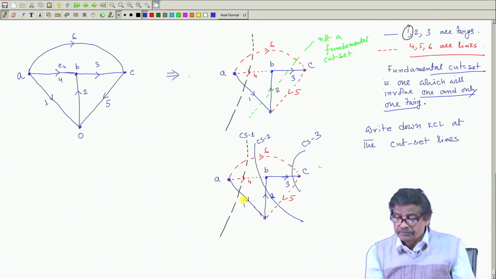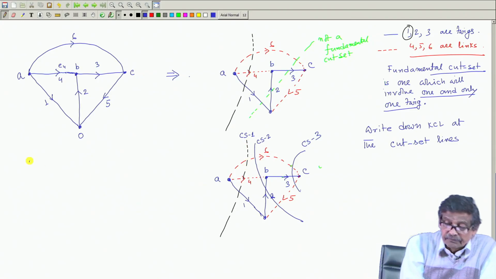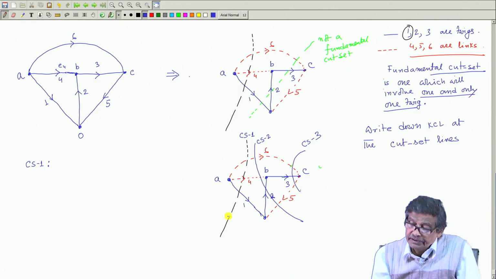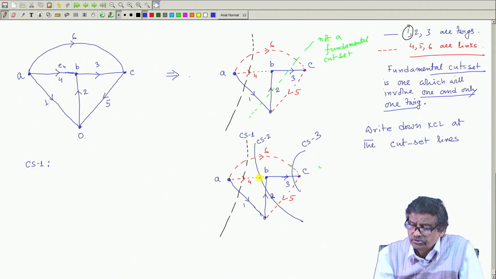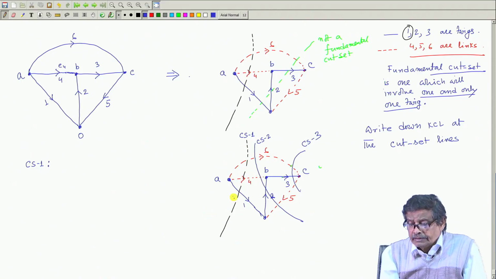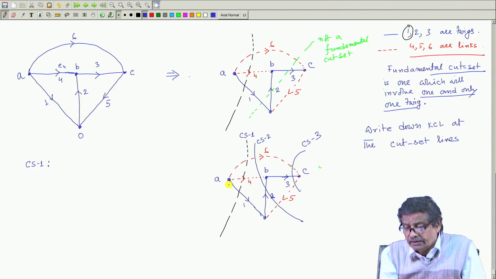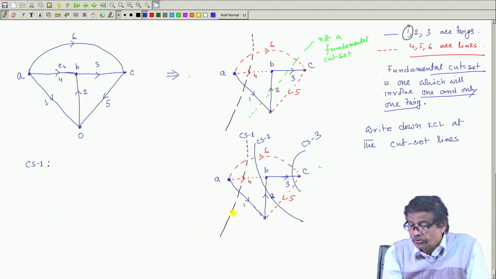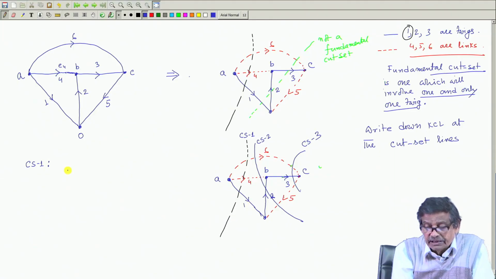Come to cut set 1, KCL at cut set 1. It will be CS1 only, do not think about CS2, CS3. Then you see only one twig, twig number 1, is involved. So, this current direction you assign the plus sign. So, IE1